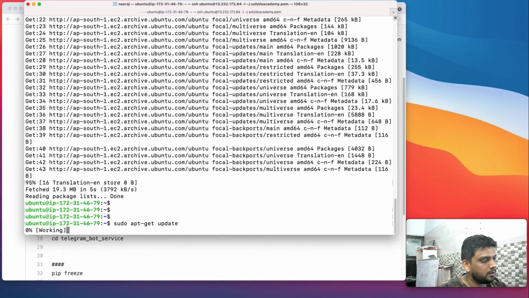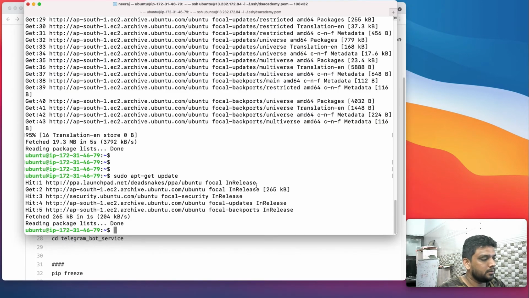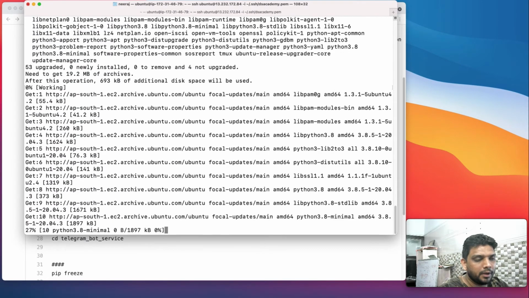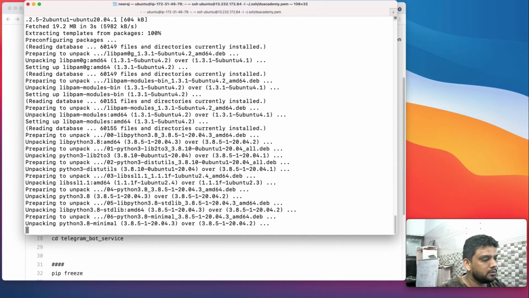Yes, the package is done. Let's install the update and upgrade. Whenever we create a new instance, we have to update our dependencies, whatever is there in our instance.